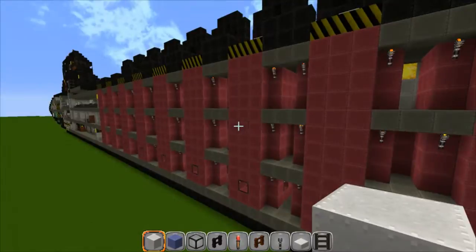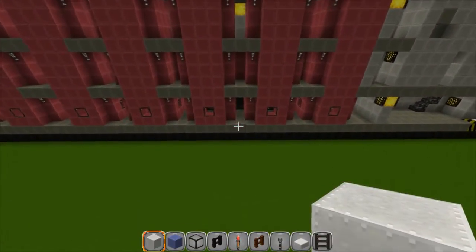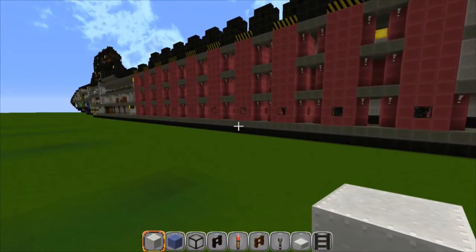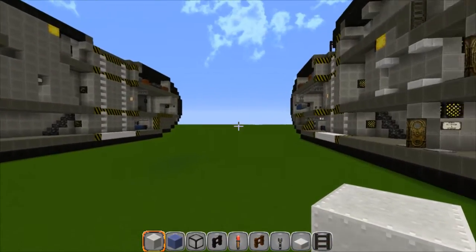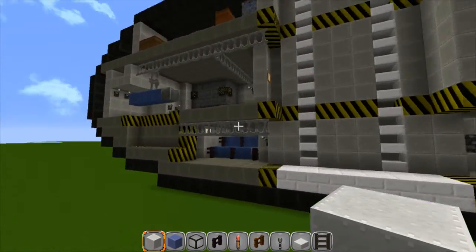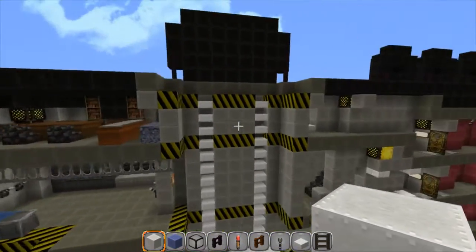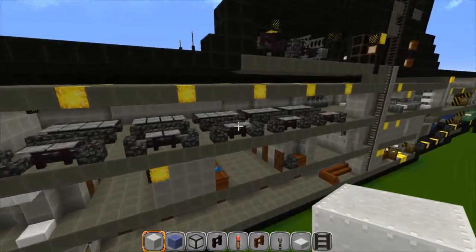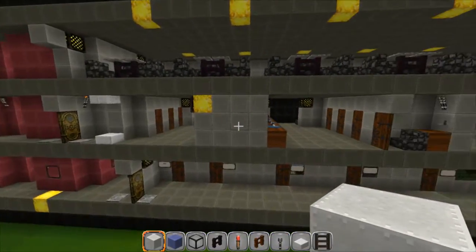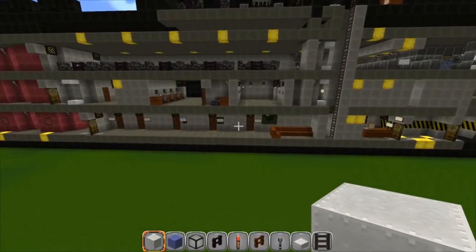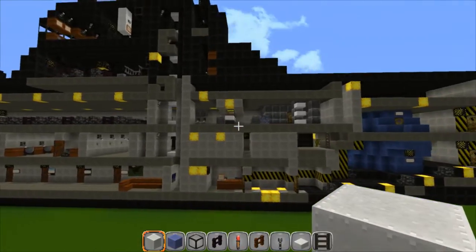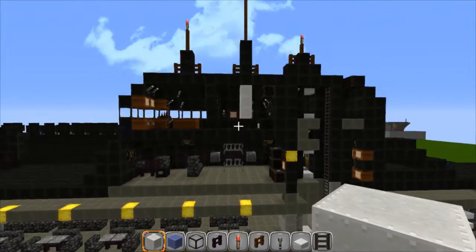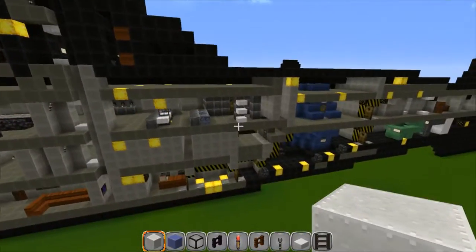So that's how it works all the way down, 3 decks. And then the main deck on the bottom is just solid gray, and that was just to make things a little more level and to work with. And then on this side is the same. And there's the torpedo rooms there. There is the mess hall, and the heads, and the berthing area for the officers. That's pretty cool. And here is the bridge and all that good stuff, and the gym, and the sonar room,